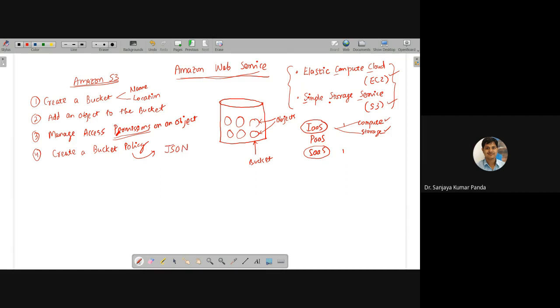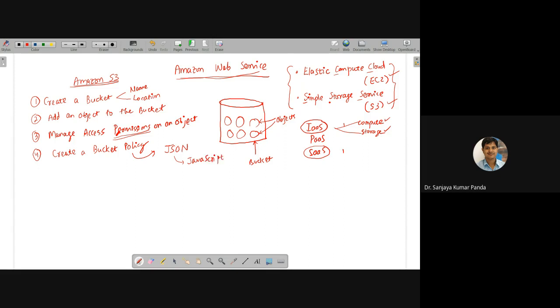What is a JSON file? Can anybody tell? What is the full form of JSON? Sir, JavaScript Object Notation. Yes. All of you are working in JavaScript, right?